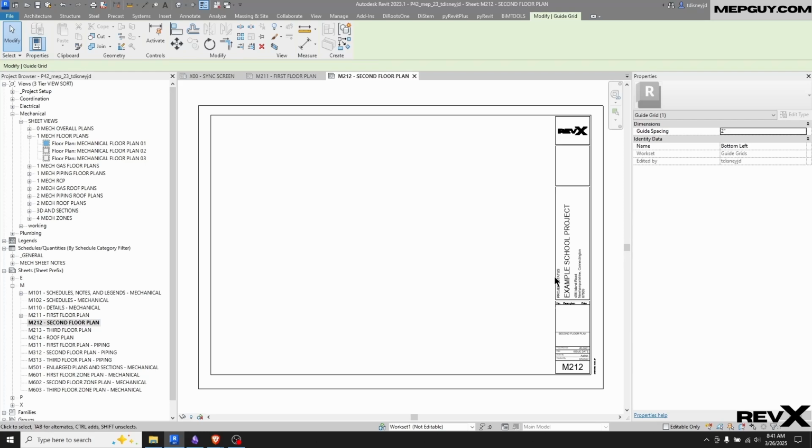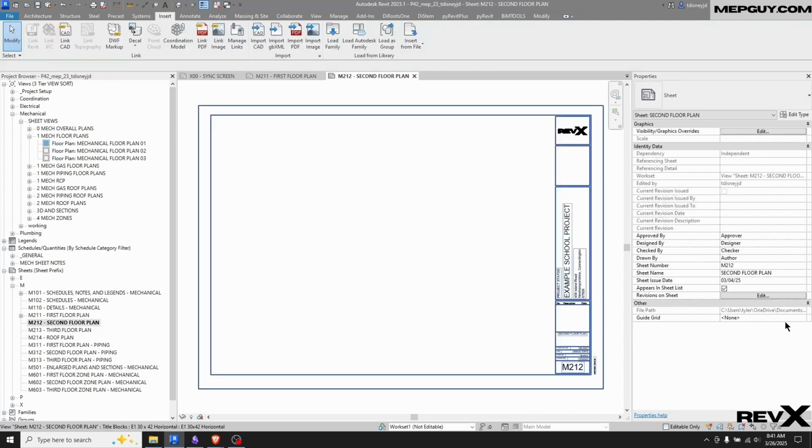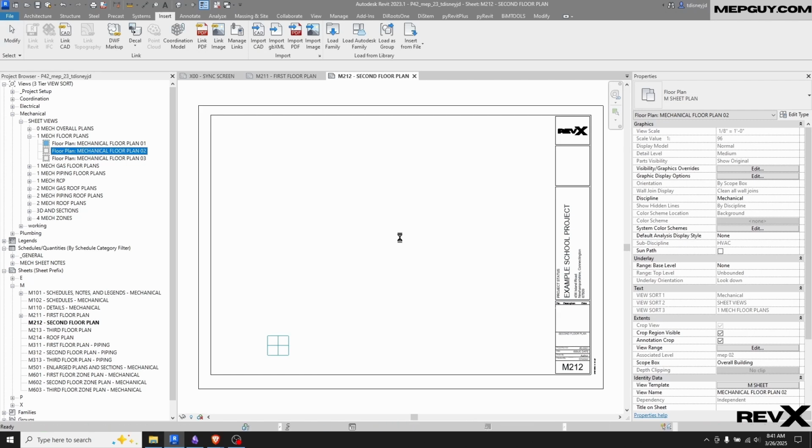So anyway, now this guide grid is exactly at the intersection of 1 and J, and I can come to the second floor plan, and I come down here to guide grid, I turn on bottom left, and this is in the exact same position relative to the title block that it is on M211, and I pull my second floor plan in,